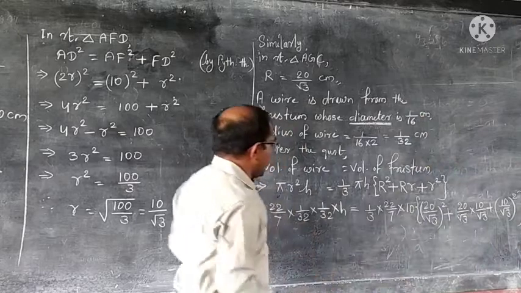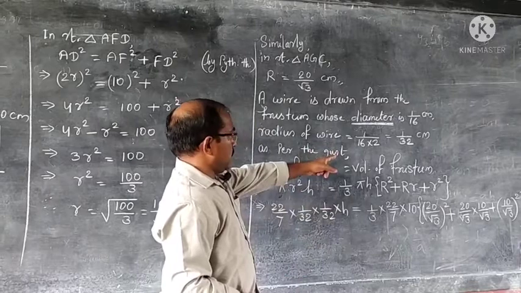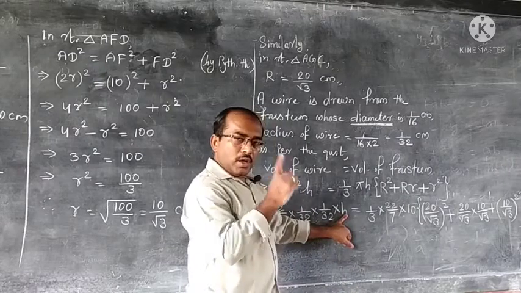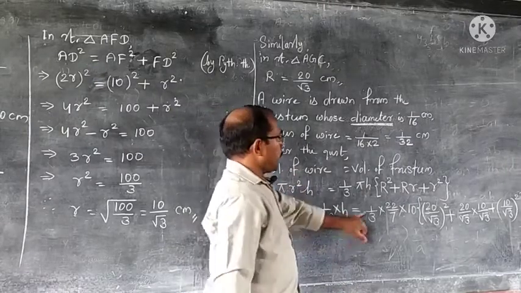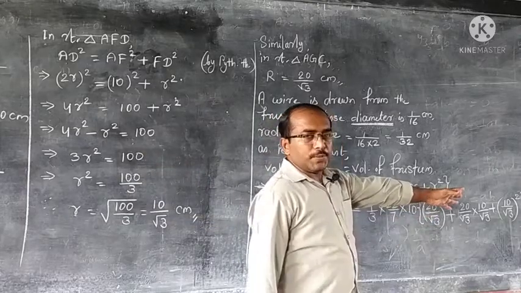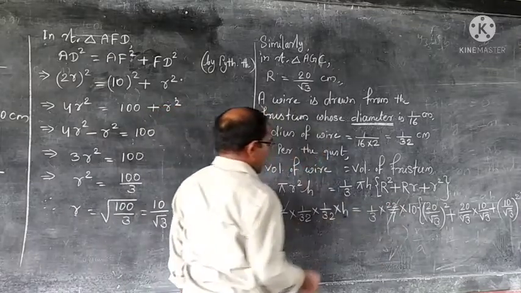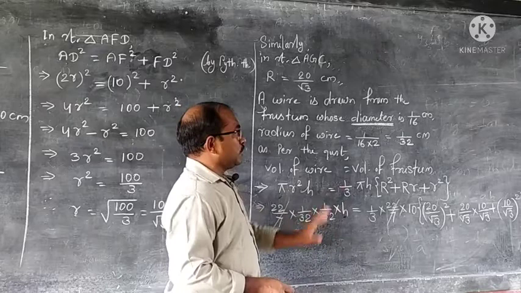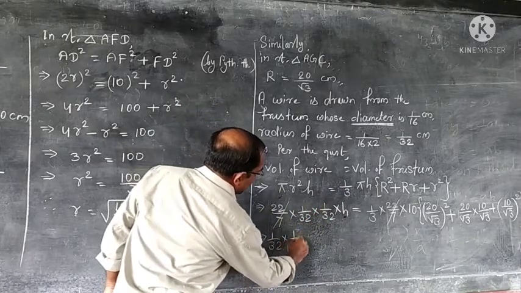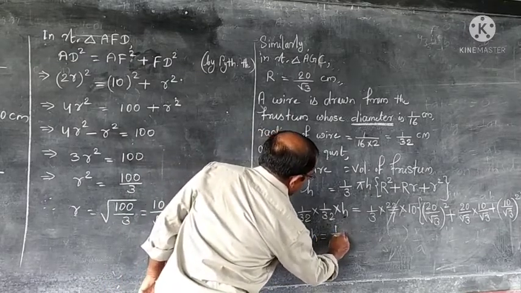So how will this step look? Pi value we are using 22 by 7, radius of the wire 1 by 32 square, so 1 by 32 into 1 by 32. h is the height or length of the wire. Then 1 by 3 pi h, height of the frustum. Then radius of bigger and smaller end we have used. So 22 by 7 we can cut. 1 by 32, 1 by 32 into h. So let's keep it. In RHS we will simplify and then we will see later what will come.